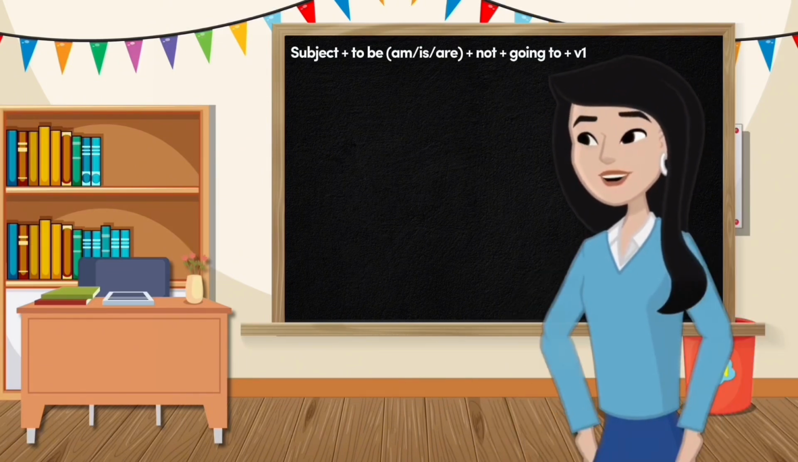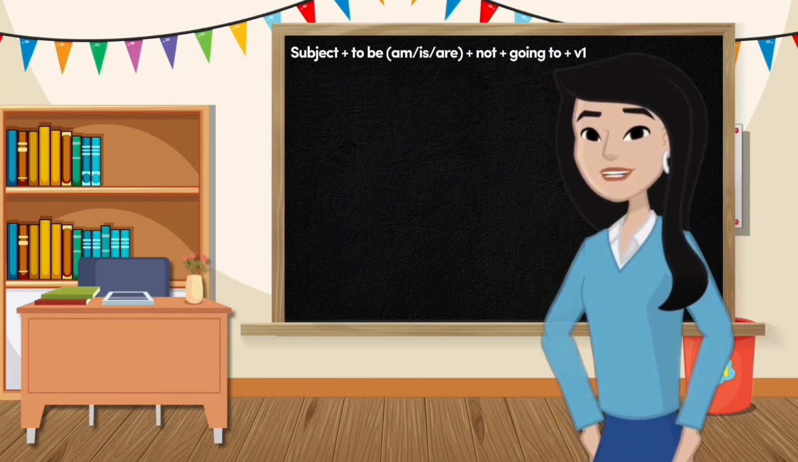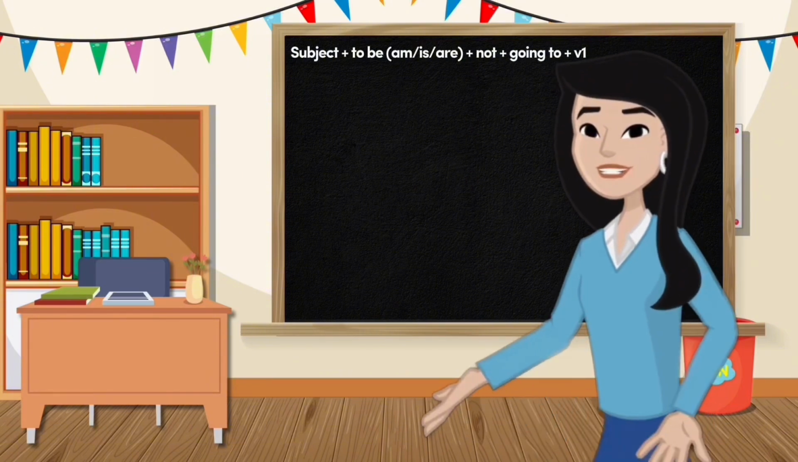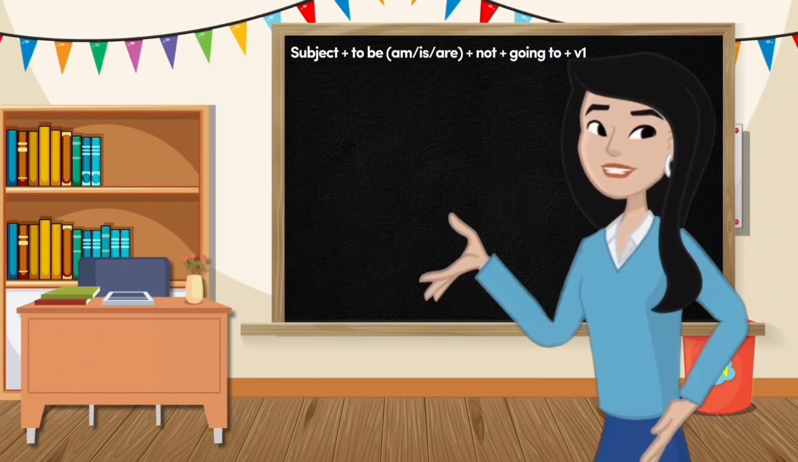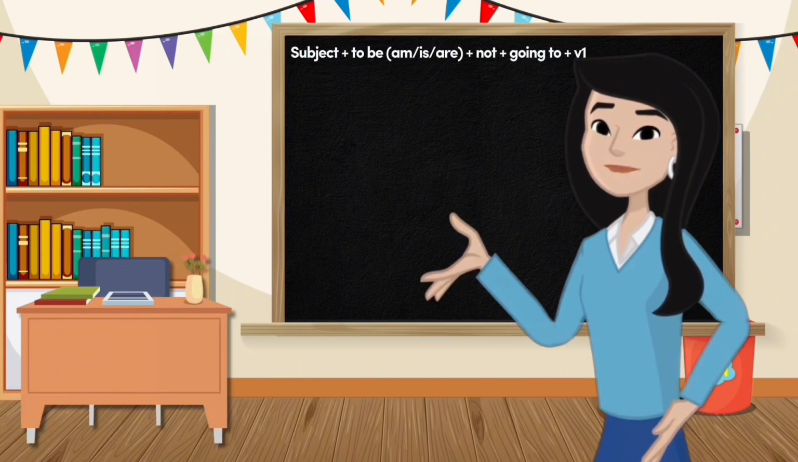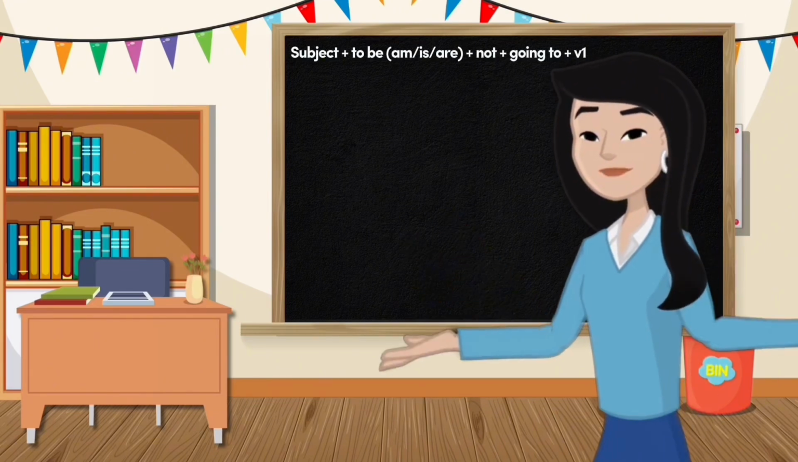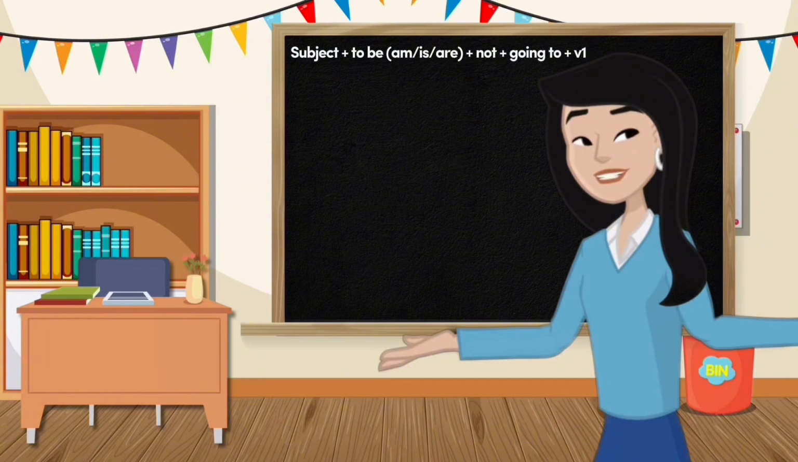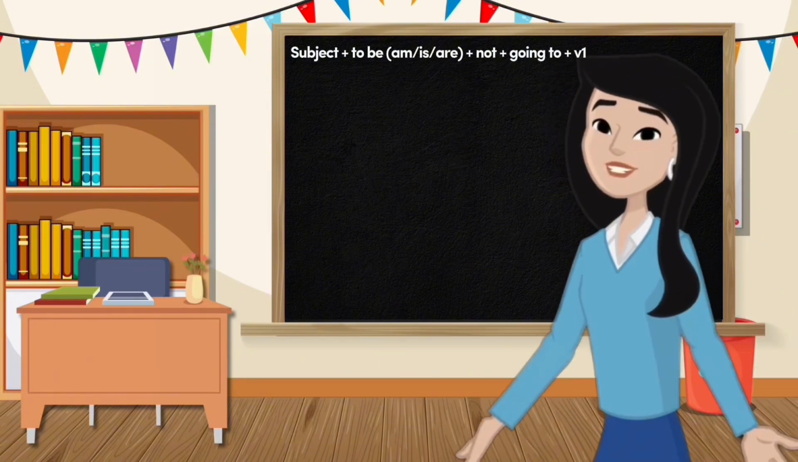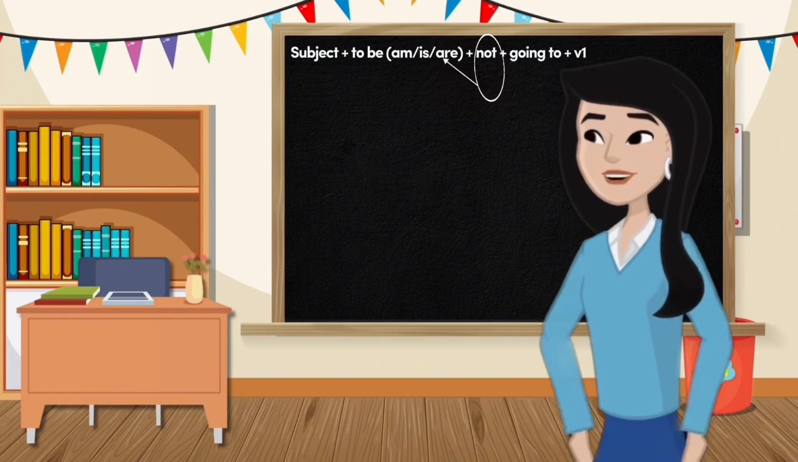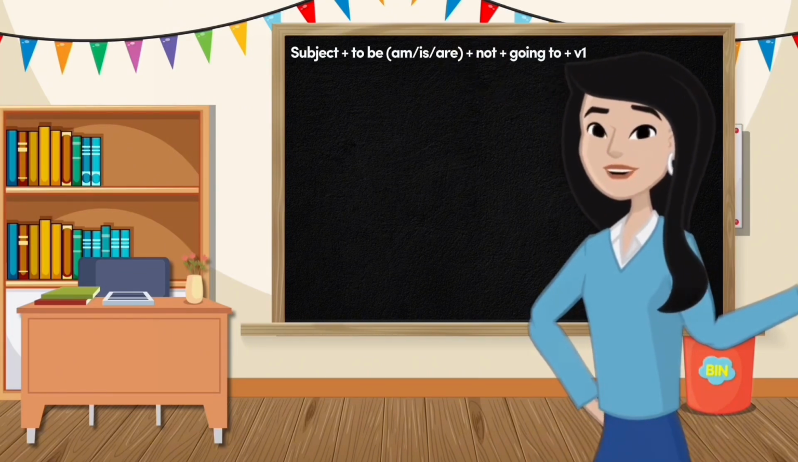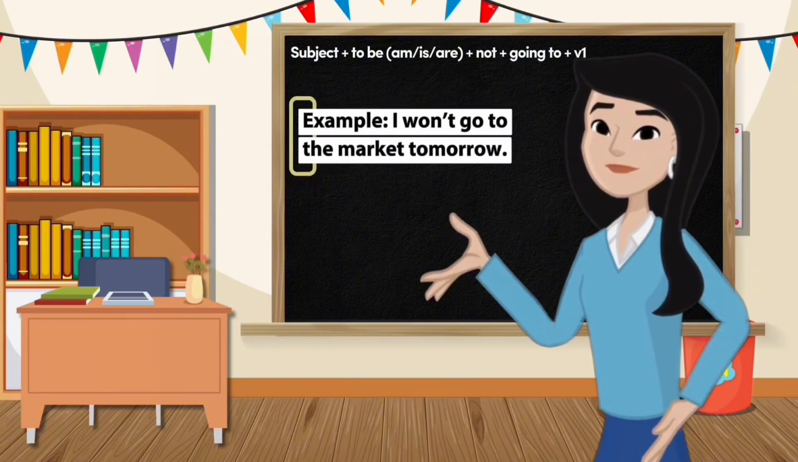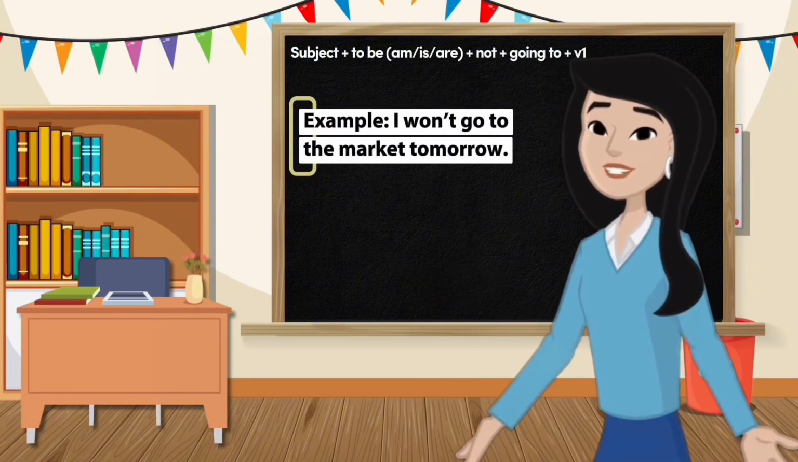The formula is subject plus to be, I'm, is, are, plus not, plus going to, plus verb one. So, this formula is also easy. In this, we just add not after to be. So, this pattern tells us that someone does not have a plan to do something, or the action is